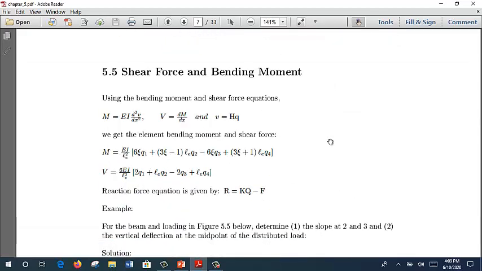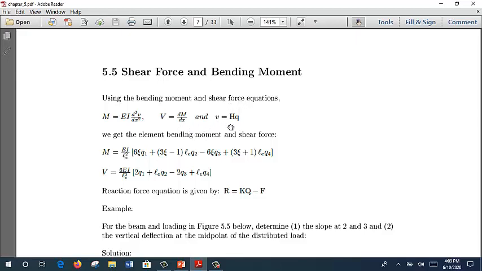Okay, this is a little bit about shear force and also the bending moment. As I said before, I think you are quite familiar with this equation because it is covered in solid mechanics and also statics, if I'm not mistaken. So the moment is equal to EI times the double differentiation, d squared V over dx squared. And the shear force is equal to dM over dx,